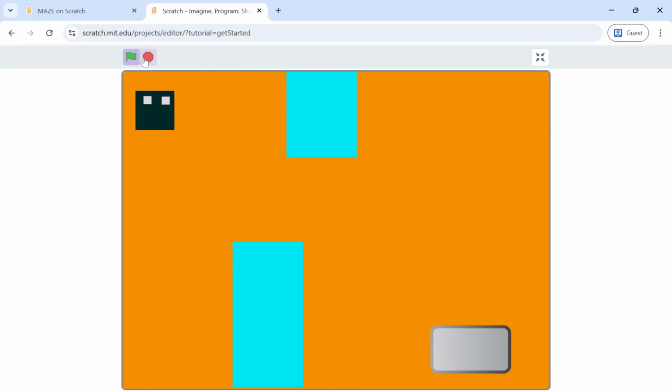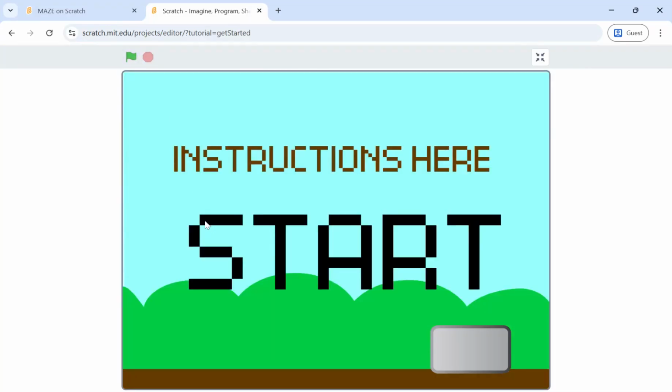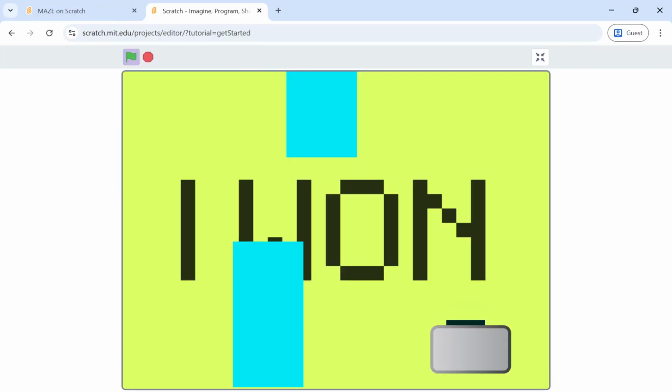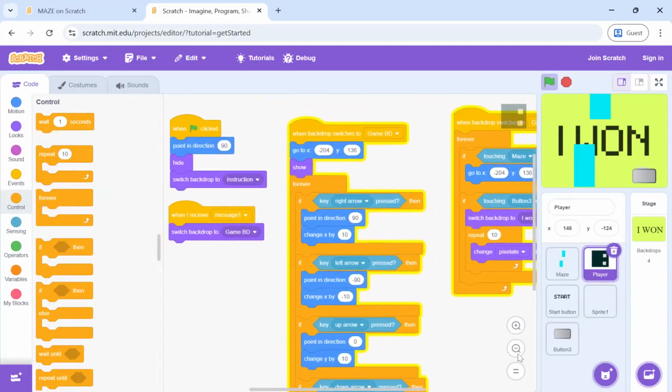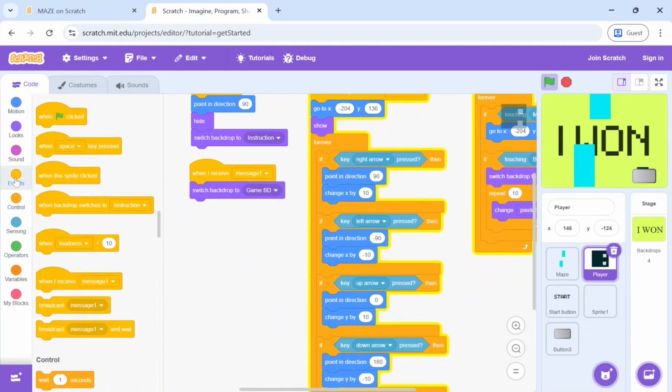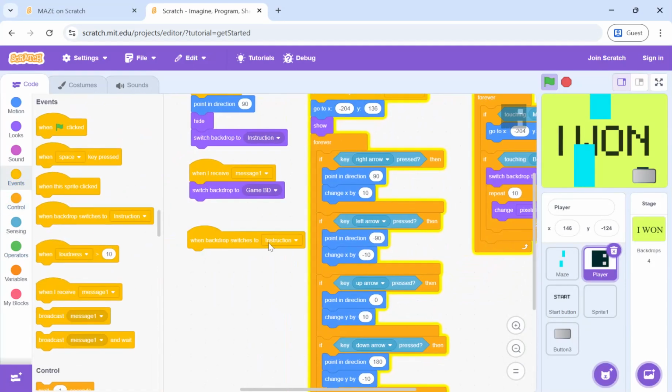So when flag is clicked, when start is pressed, we also have to hide these sprites when the backdrop switches to I1. So you do that. Let's add the block here. When backdrop switches to I1, if you choose to add a game over backdrop, you will have to do the same for that backdrop as well. So when backdrop switches to this, you have to hide.